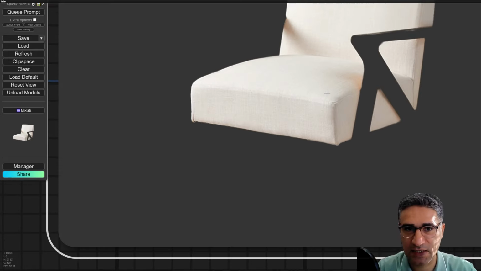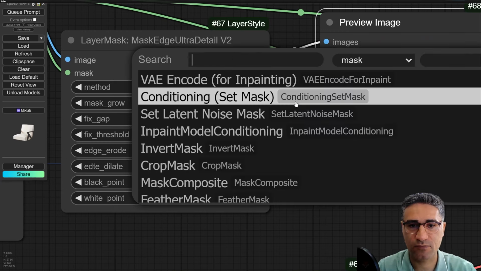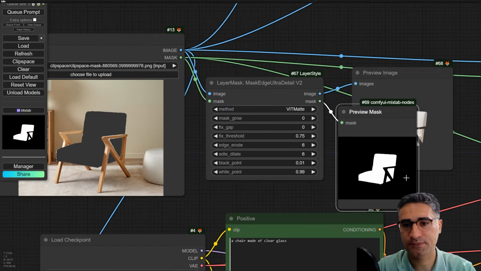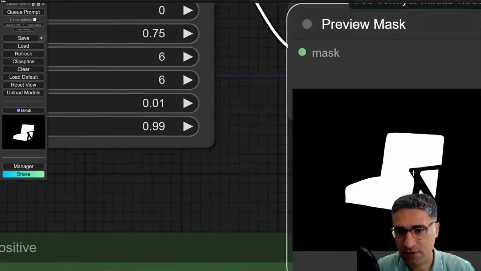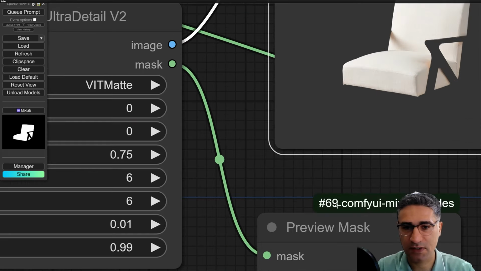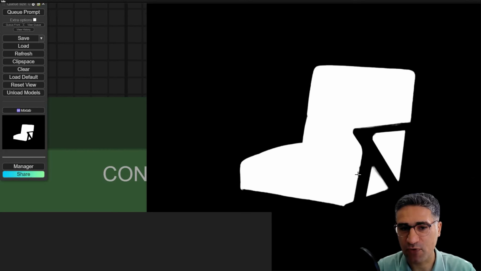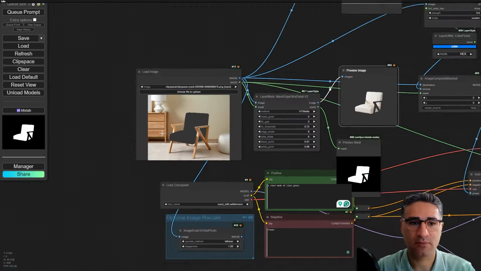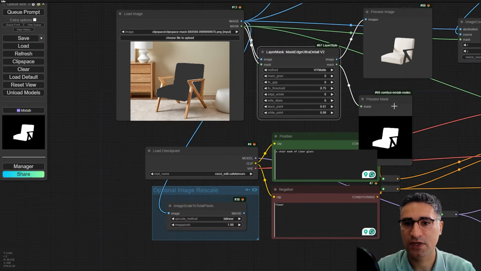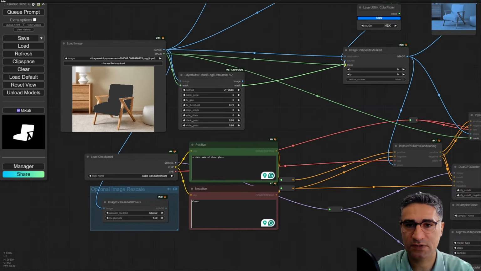And here you can see the mask that we have now, and if you preview the mask also, here you can see that the mask is working much better, and it has much smoother and more accurate edges. So here you can select everything roughly, and after that use this node for automatically detailing your mask. And also I will use this mask